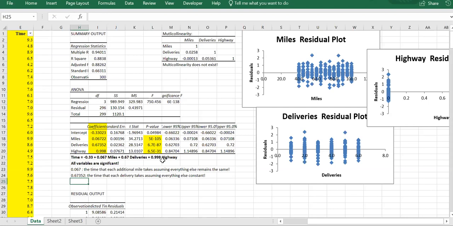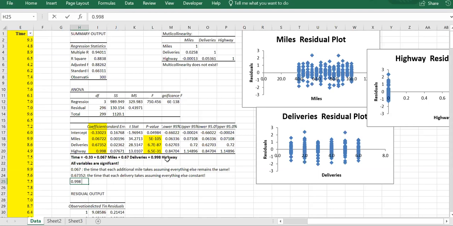So what happens with the highway is that if highway is 0, the intercept for the equation is going to be minus 0.33. But if highway is 1, the miles and deliveries will still have the same effect, but the intercept is going to go up by 0.998 hours, which basically means that